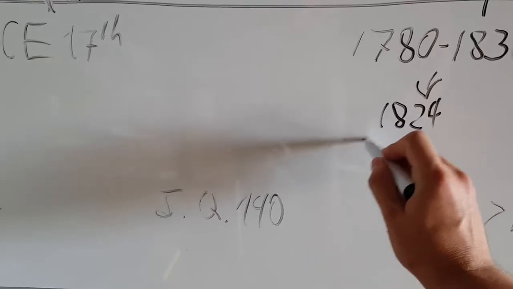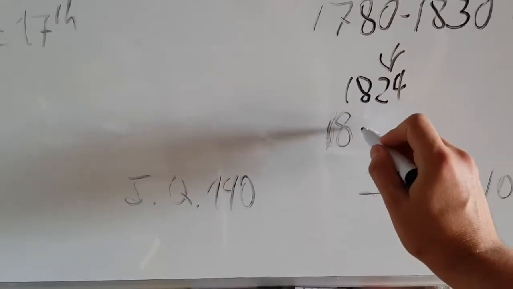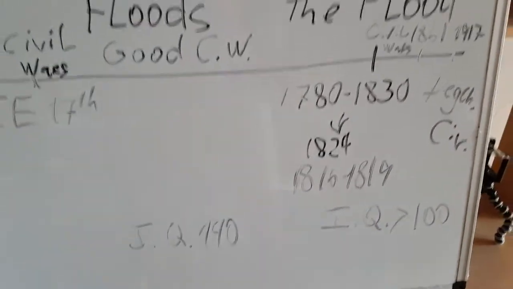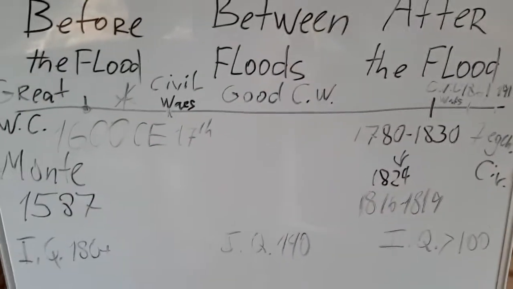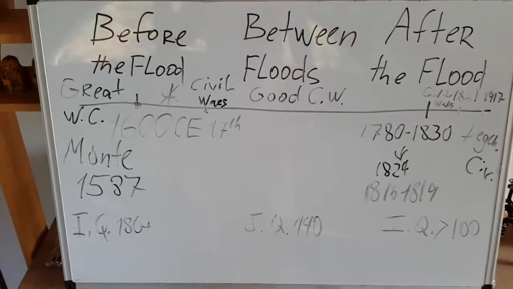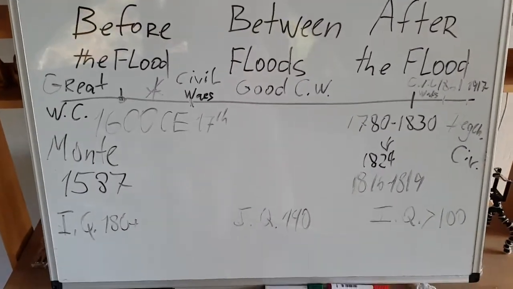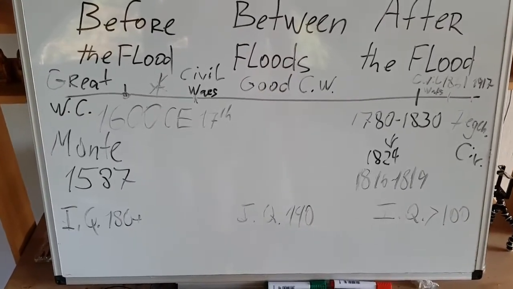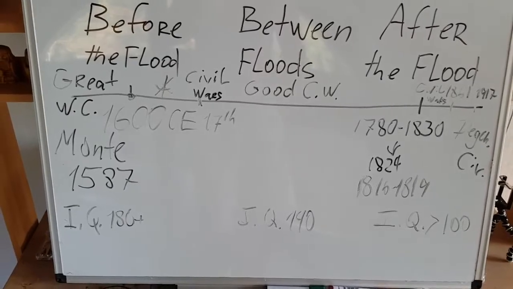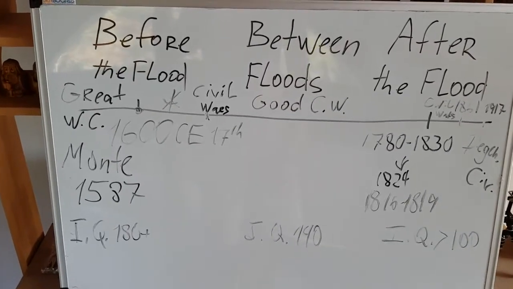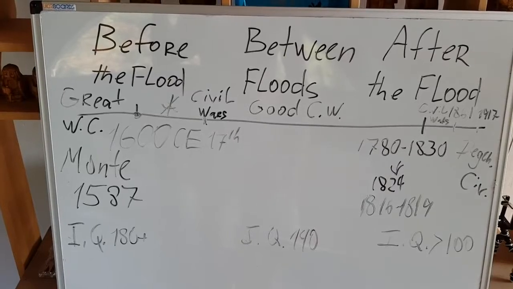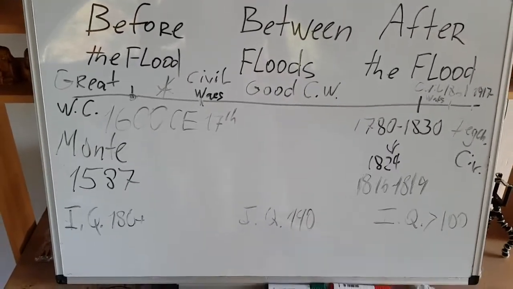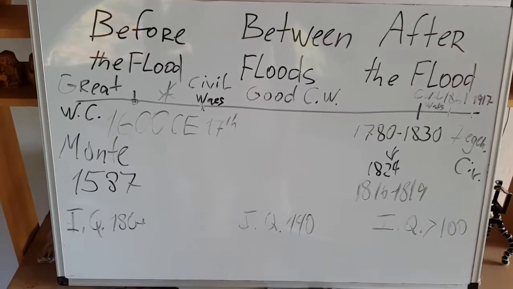Also you have 1816 to 1819. Those are years without summer, where humanity suffered greatly, because you can call it nuclear winter. Many people starved, many people turned to cannibalism, lots of people died. So you had a long period of wars, probably close to 150 years of nothing but wars, from 1780 to past World War I.